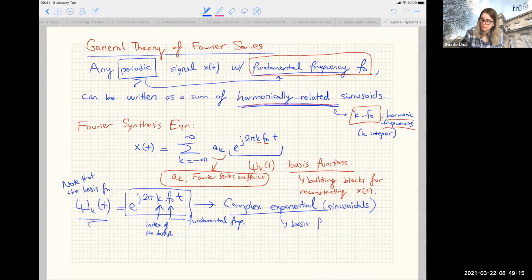So you see it's really showing us this equation here. What it says is really just: give me the a_k's and I know the basis functions of the Fourier series. Of course, I should know the fundamental frequency f0. So actually what it says is, given a_k for a signal x of t,